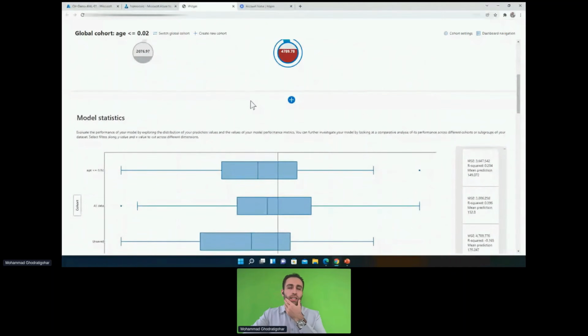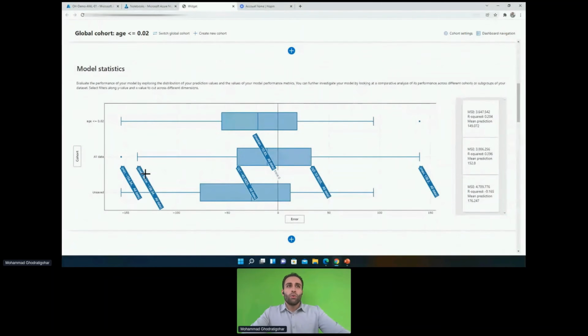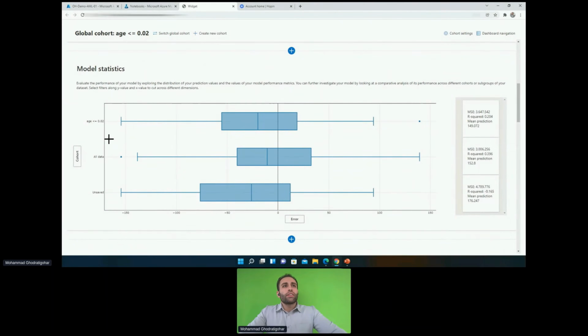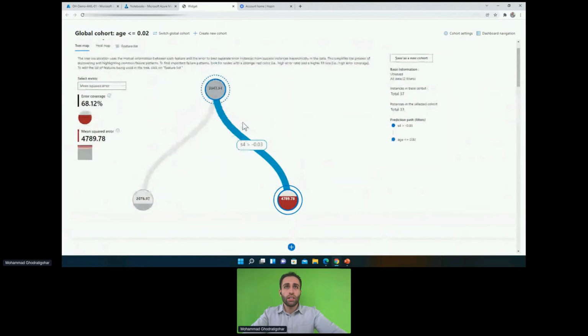That's the time that I want to understand the model a little bit better based on what I just saw here. Well, you can see this chart is telling me how the errors are distributed based on all the data when the age is less than this amount, because we just filtered on the top. And also I want to see how the errors are distributed based on different ranges of these features, S4 or close to level.